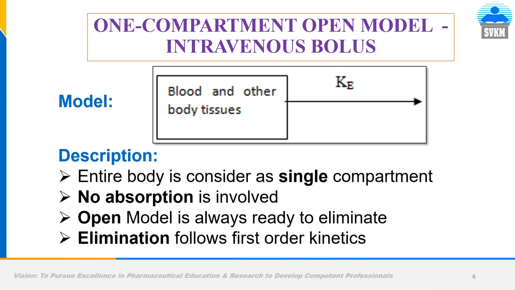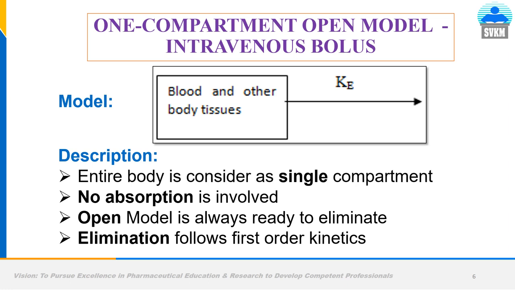As we know, there are different types of compartment models, like mammillary or catenary. Both are distinguished by the arrangement of their compartments. If the compartments are arranged in a series like a train, one by one, then it is called a catenary model. If the compartments are arranged in a parallel way, then it is called a mammillary model. With one compartment and two compartments, we can't distinguish whether it is mammillary or catenary. But if there are three or more, then we can identify whether it is mammillary or catenary.